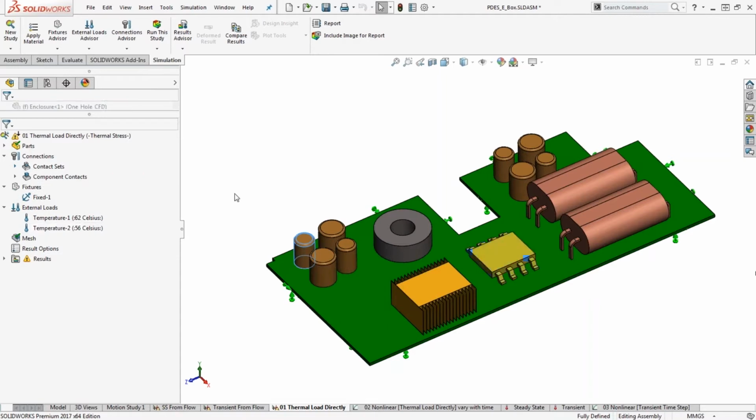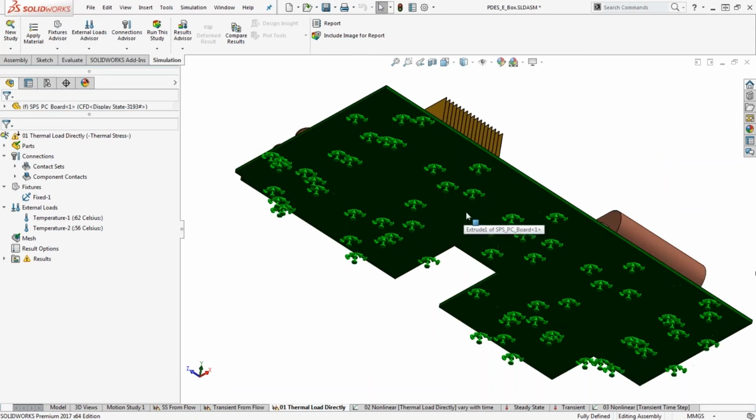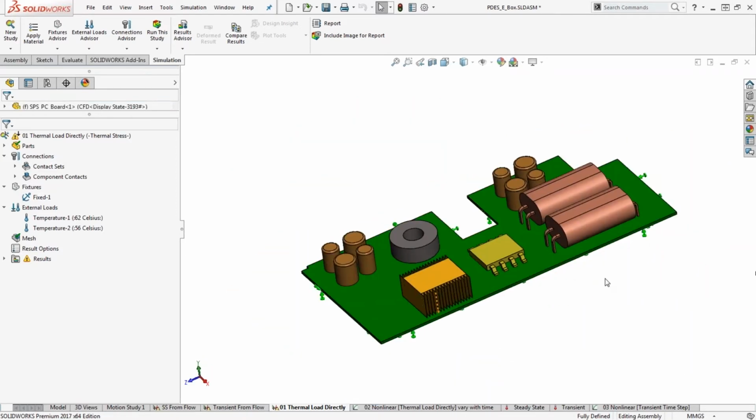But moving forward, we still need to have some sort of restraint. Keep in mind that we're in a structural analysis, meaning that we can't just have parts or assemblies free floating. We need to have some sort of contacts or fixture to restrain the model. And I just put a simple restraint here. I was a little lazy here. I could have drilled out some holes, or made some split lines and fixed the board in specific areas. I just fixed the entire bottom face of that board, just a simple fixture